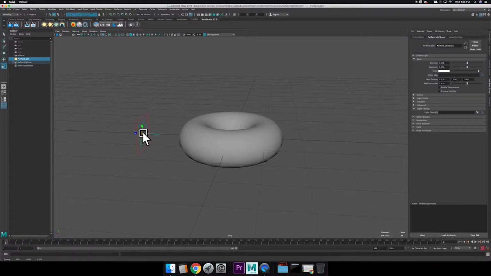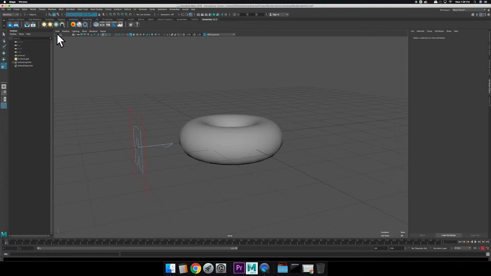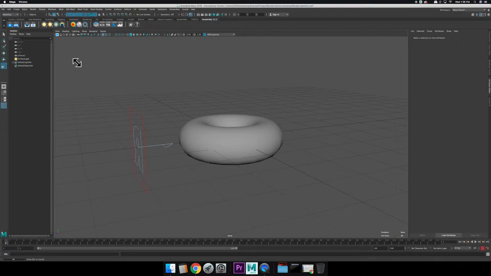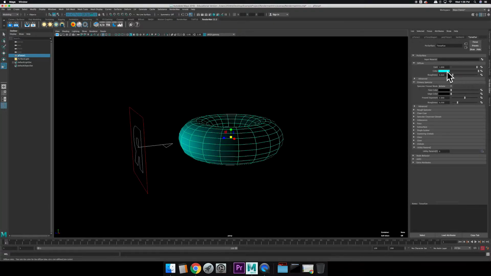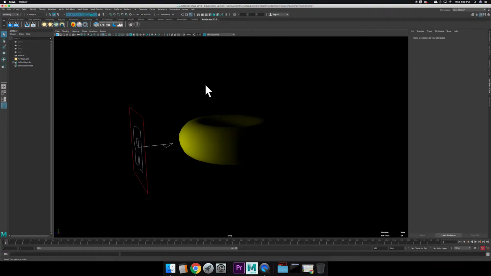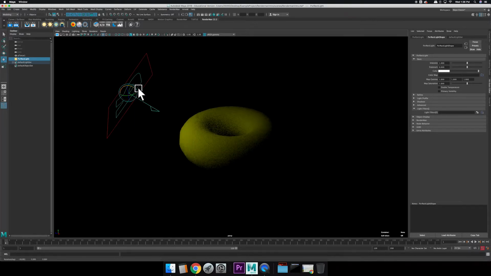I'm going to add a rectangle light by right-clicking and then left-clicking on rectangle light. And I'm going to move it over to the right, and you can see which direction the rectangle light is going to be illuminating by the arrow. And I'll cover lights in depth in the next video as well. I'm just going to scale this up a little bit. And now when I turn the preview render back on,